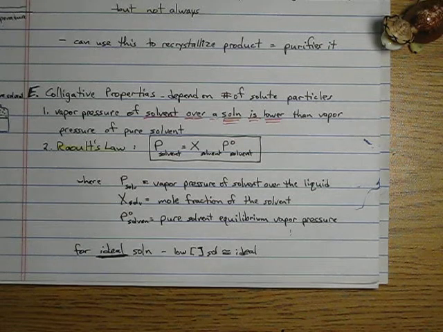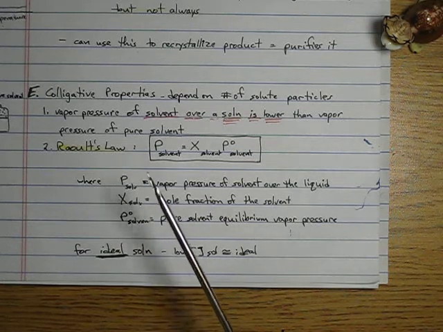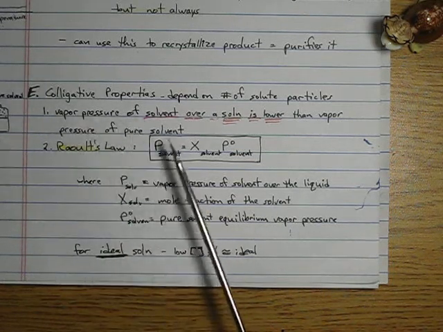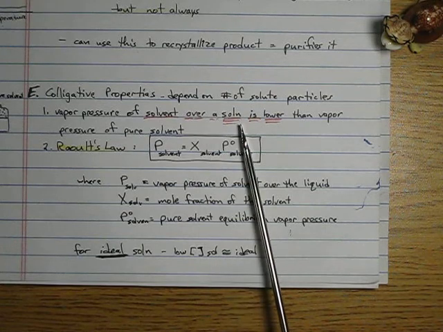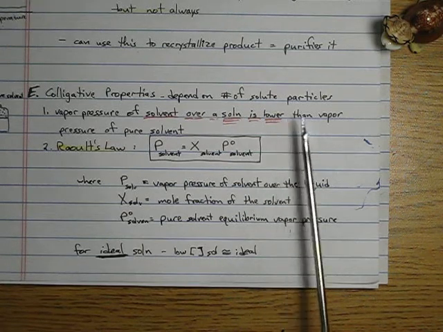Okay, let's start looking at the end of this chapter when we're looking at colligative properties. As I said before, these depend on the number of solute particles, not on what those particles are. And these colligative properties all revolve around the idea of vapor pressure. And here's the deal. The vapor pressure of a solvent over a solution is lower than the vapor pressure of